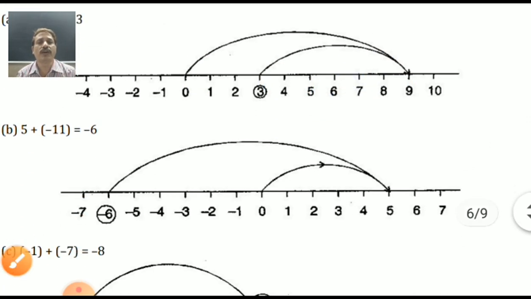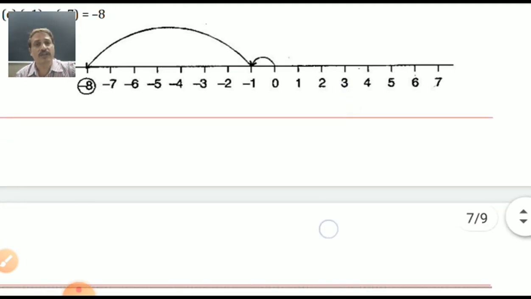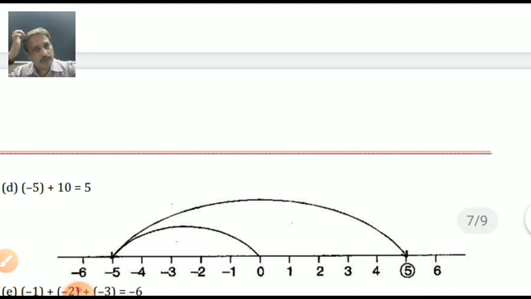See the next question. Where you have to go first? On 5. And minus 11. Again you have to move on left side. 11 steps. And answer is 6. In circle it is given. Look at here. First of all you have to move on minus 1. अब 0 से minus 1 पे चला गया पहले. फिर बाद में minus 7 दिया. Minus 7 means left side you have to move. So minus 1 and minus 7 gives you a minus 8. Both numbers are minus. I just said add both one.